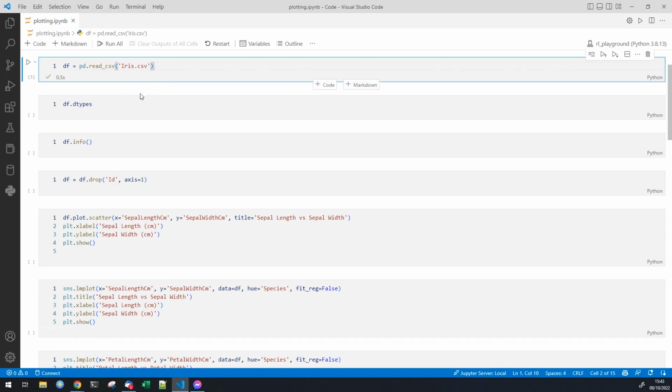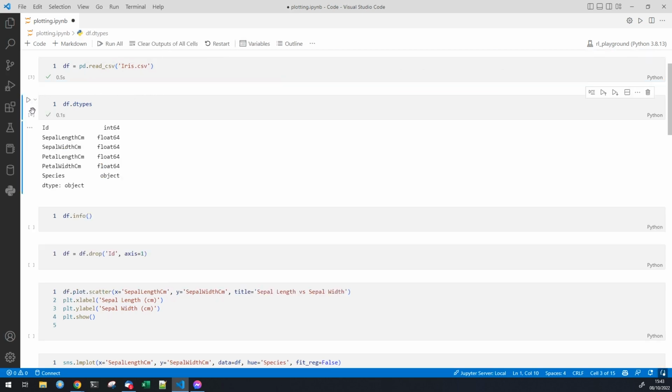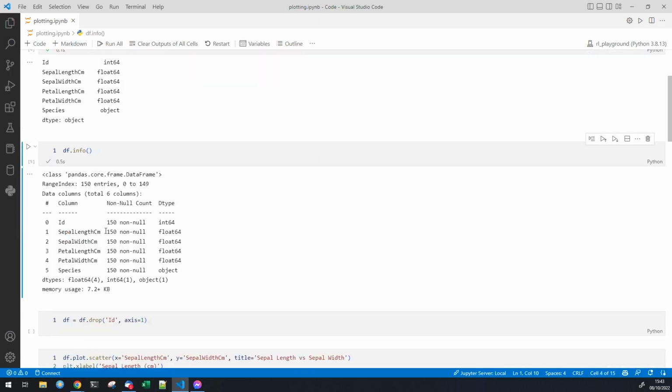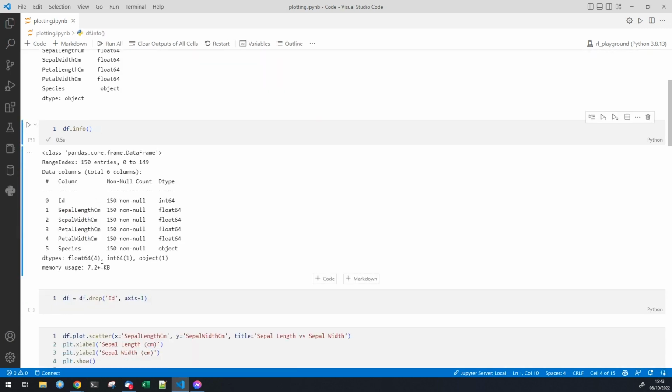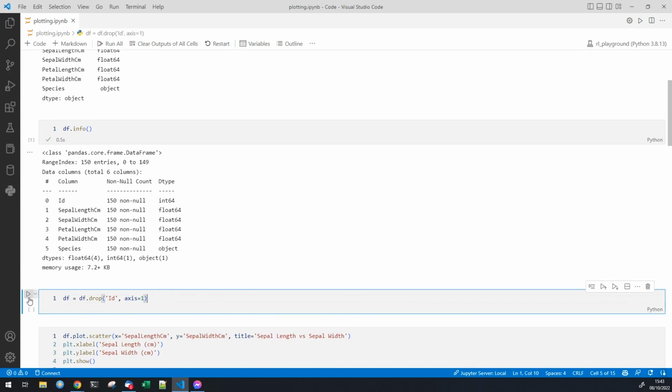Before plotting, we need to know the data types of the columns. Using the dtypes attribute, we can see the data types of the columns. Another solution, and most familiar among data scientists, is to use the info method. We see that the ID column is not needed for our analysis. We can drop it using the drop method. Also, we can see that the species column is a string, and that means that this value will be our